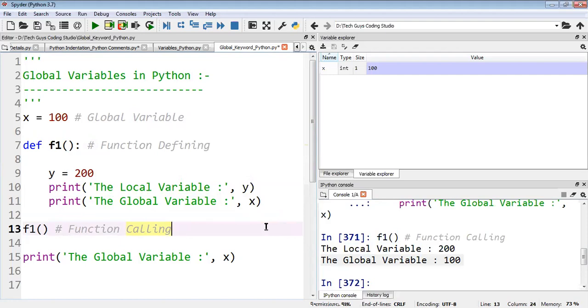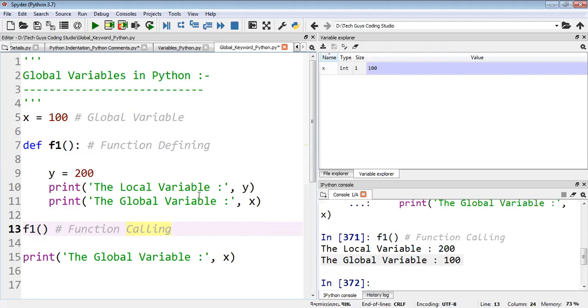But most of the time in interviews, they may ask such questions like, can we access a local variable outside the function or outside the class? At that time we'll be thinking about whether we can access it or not. Of course we can access it, but we need one concept. That's what I told you: there is another concept, the global keyword.